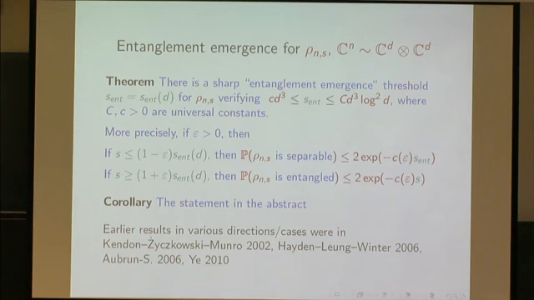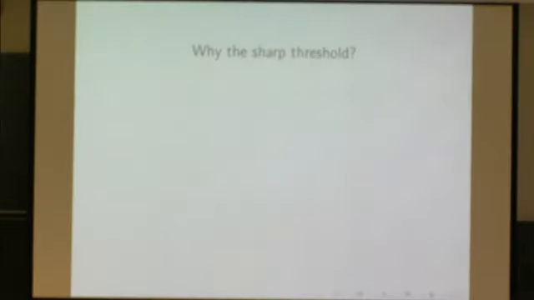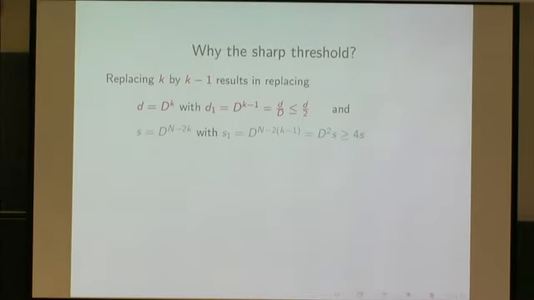Okay, here actually there are some various references which contained similar results in the same direction. So the next slide will be explaining why we do have the threshold phenomenon, why the sharp threshold. So now the thing is this, that if you replace k with k minus 1, so let's go